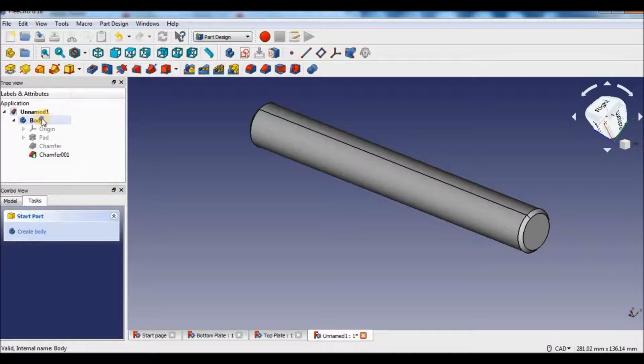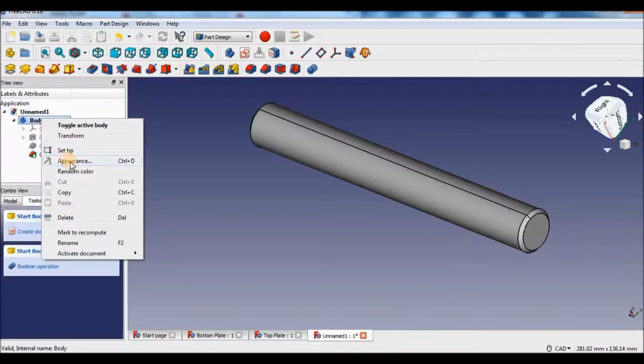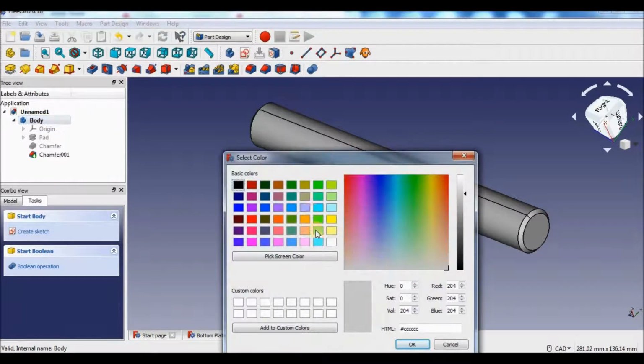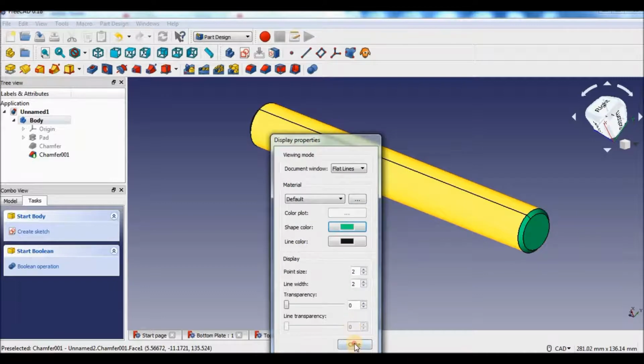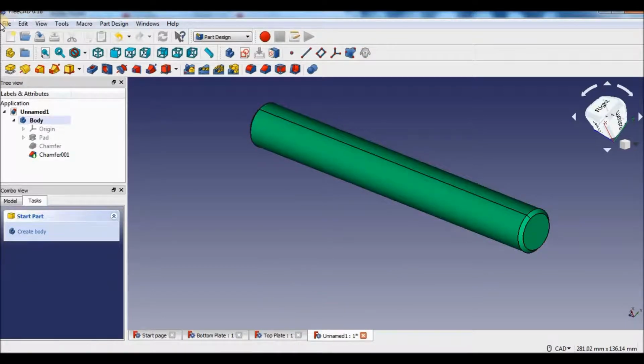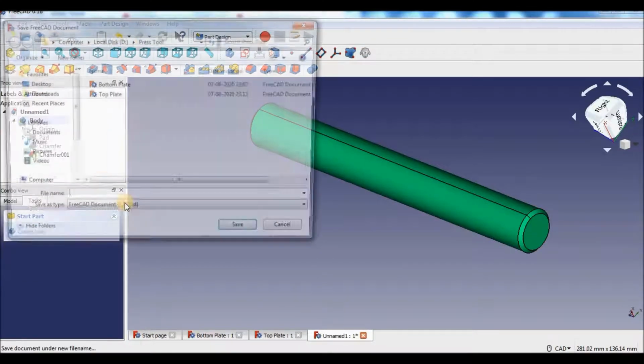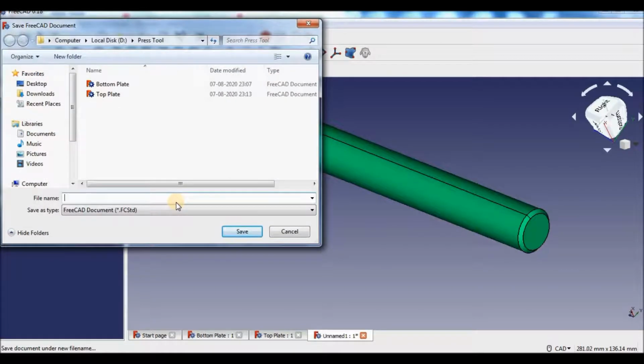So to change the color, again go to body, appearances, you can select any of the color. OK. Again go to file, save, guide pillar,